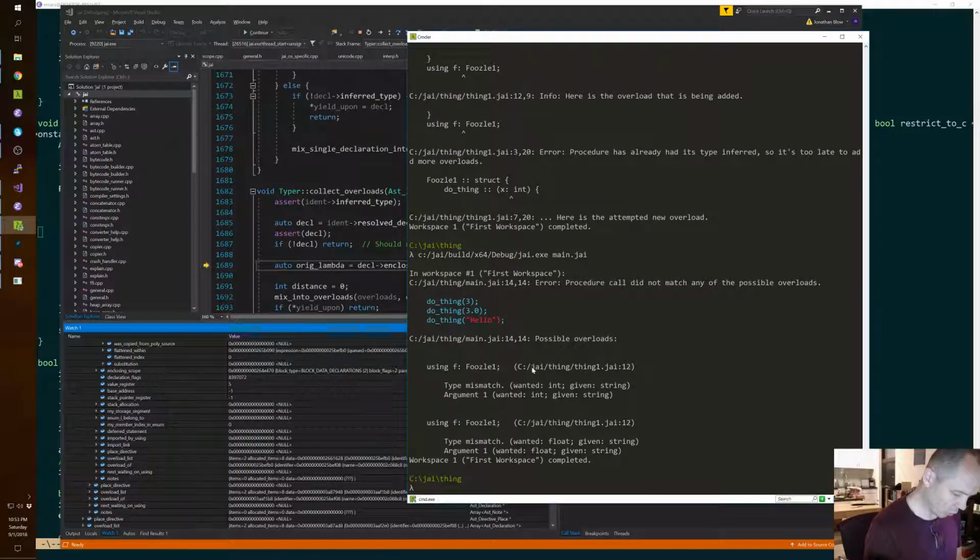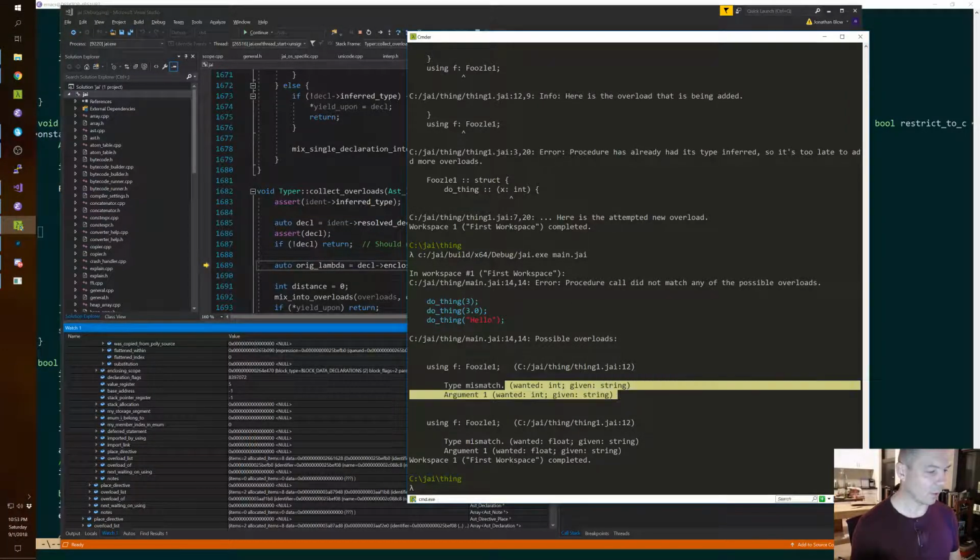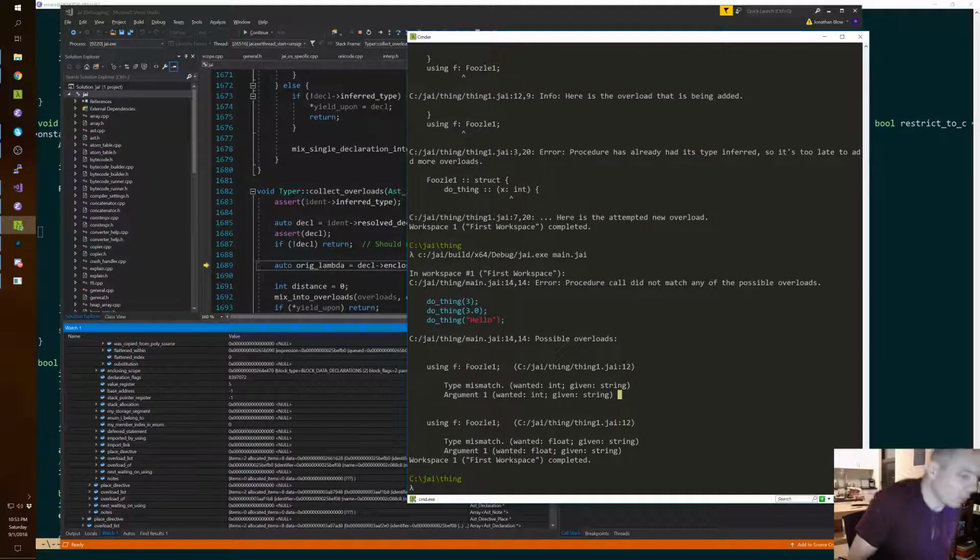We want to show declaration and how it was imported. So we want to say, here's the actual procedure, and here's how it got there through this using. And then this is redundant. This type mismatch wanted given argument 1. Come on, bro. It's too much redundancy and not enough goodness.